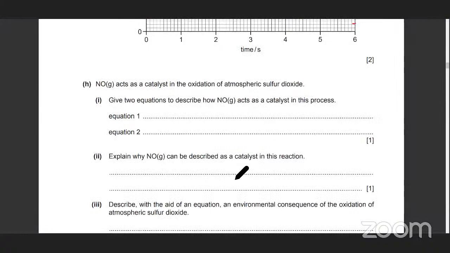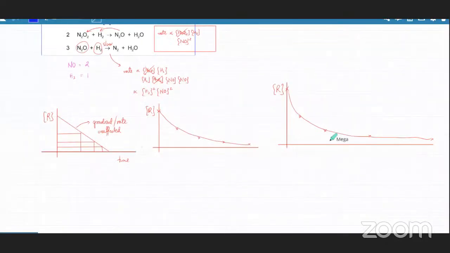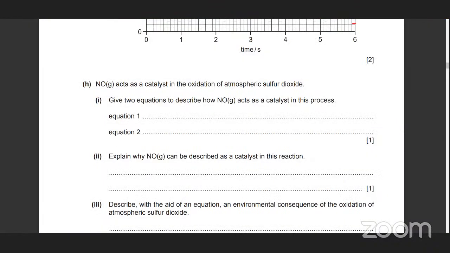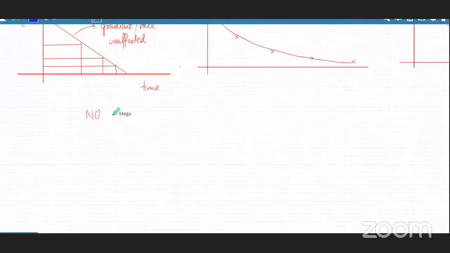Next one is NO acts as a catalyst in the oxidation of atmospheric sulfur dioxide. State two equations. You should know how NO plays a role in acid rain. So the two equations for acid rain. One is, is he talking about NO actually or NO2? The first thing is NO gets oxidized in air to form NO2,